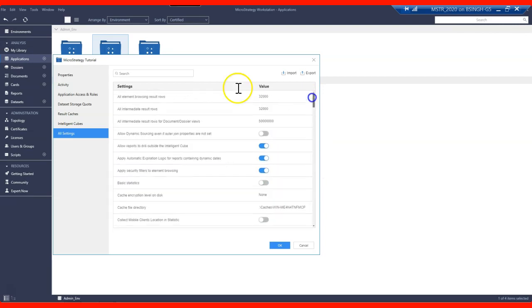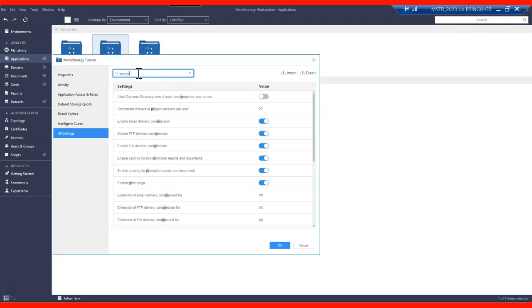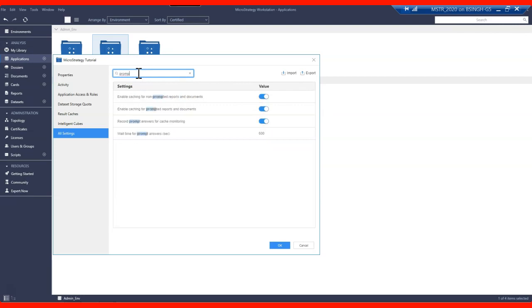But the best option is to come here, search, and just type prompted. Yeah, it's here. You can see Enable caching for prompted reports and documents. So I'm just going to disable it, and hit the OK button.